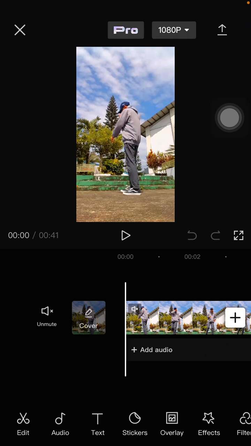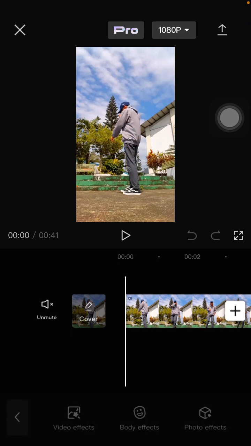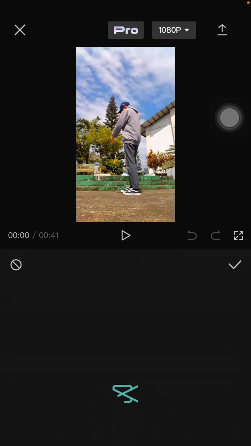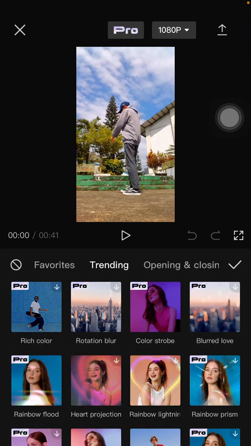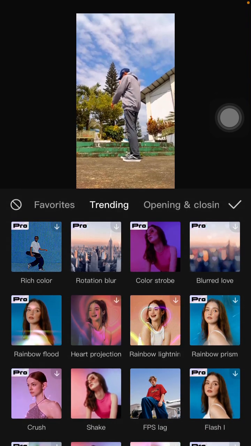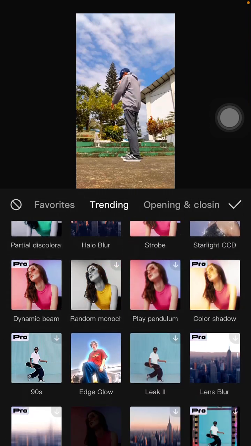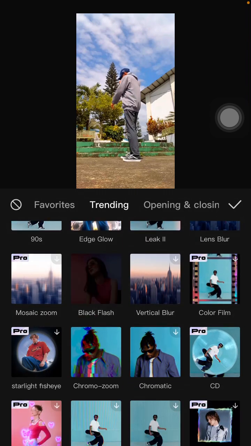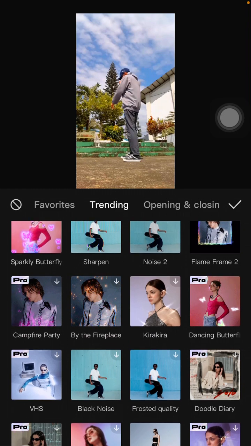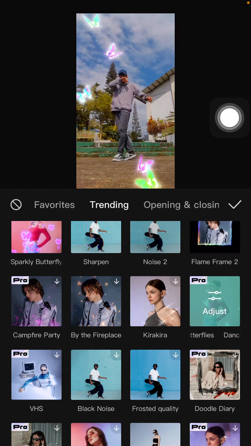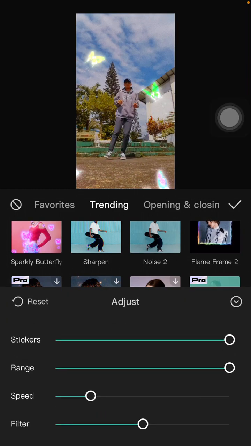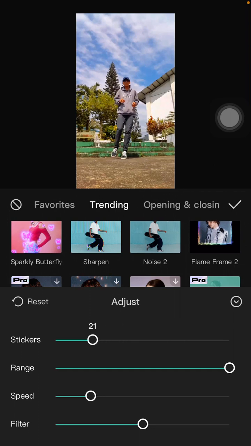You are just going to select effect, select video effect, and in the trending you can scroll down until you find the dancing butterfly effect. So here, this dancing butterfly, just tap on it and tap on it again to adjust body option here, body opacity,